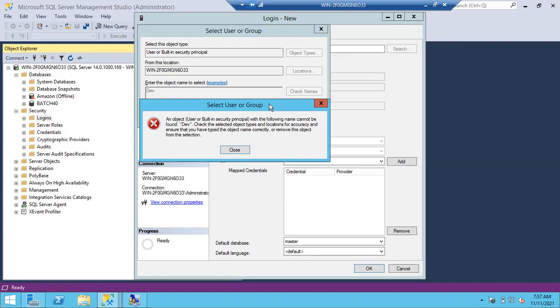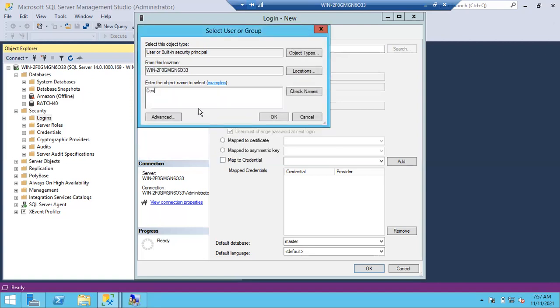Once the Windows team has created an account in Active Directory, what do we have to do? Simply we have to create a Windows login for Dev. That's it. Once we create the Dev login, we don't need to check by logging in as Dev. Of course it will work. Just to show you the demo, I logged in as Vinod. But in an organization, you don't need to log in with other users' accounts. Your work is limited to creating. If you create properly, it will work properly. No need to test it.